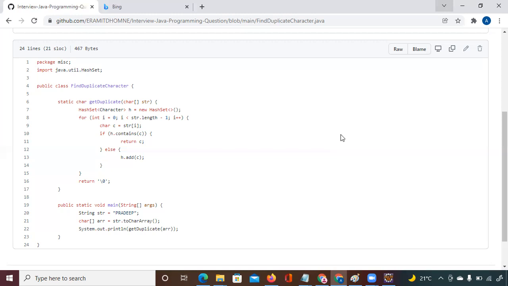Here, why have we added return zero? So that as this loop ends, the value we find will take the flow immediately back to get duplicate. And then once this is done, the flow will come to the main function. You will see this value, and you are going to print it.